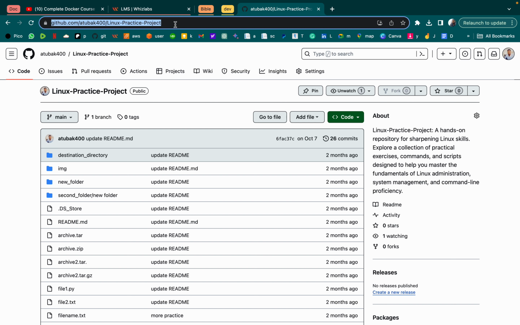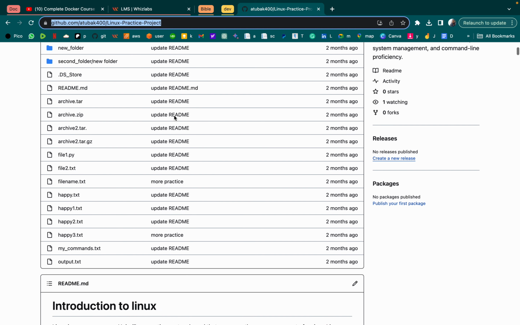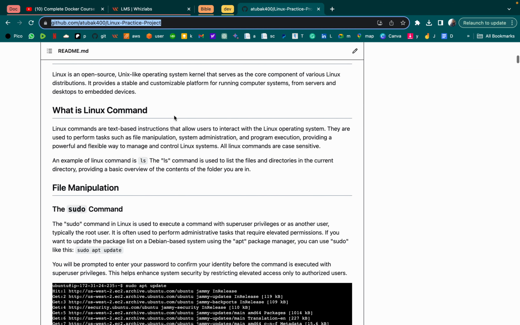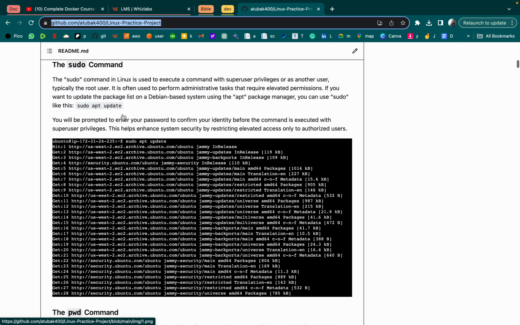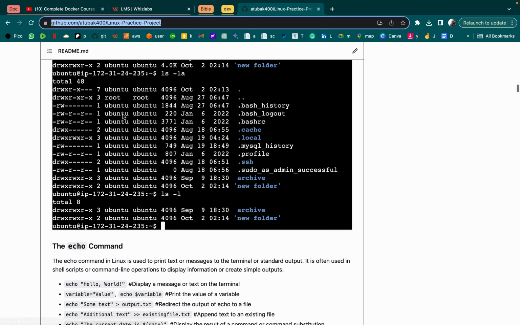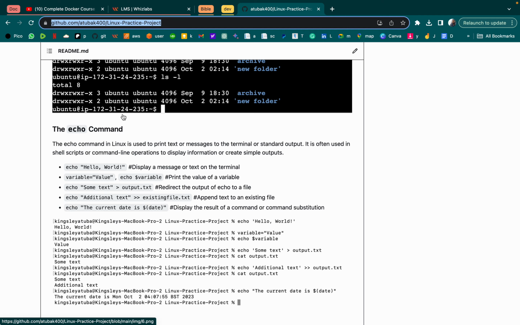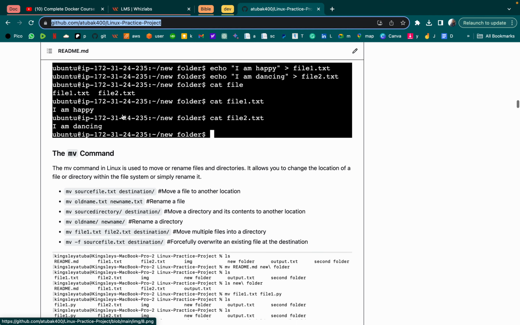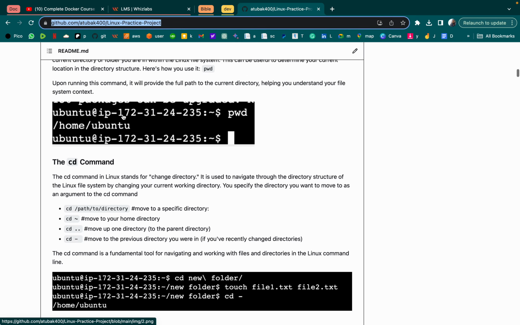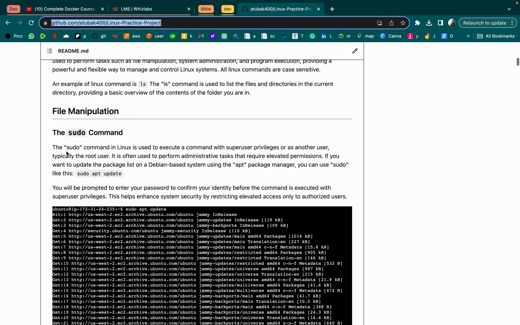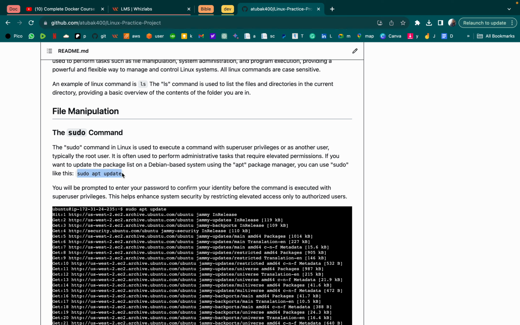So when you come here, click on this link, and you come here, scroll down here. If you read everything here, it will guide you and help you understand the main commands that Linux teaches. For example, the first command we have here is sudo. The sudo command, you read, oh, the sudo command does this. Now, if you run this code,